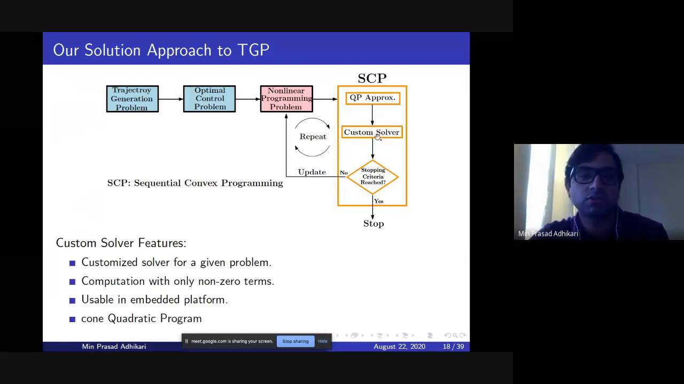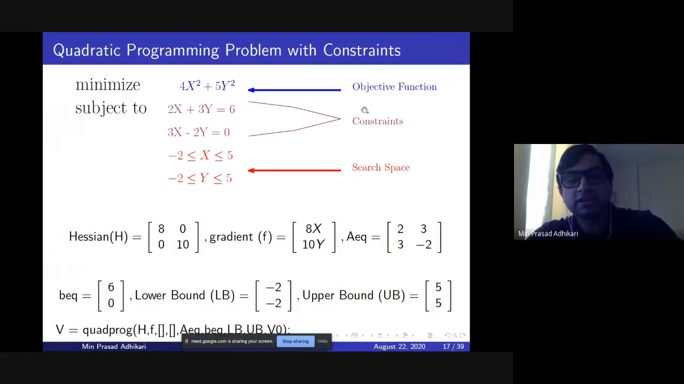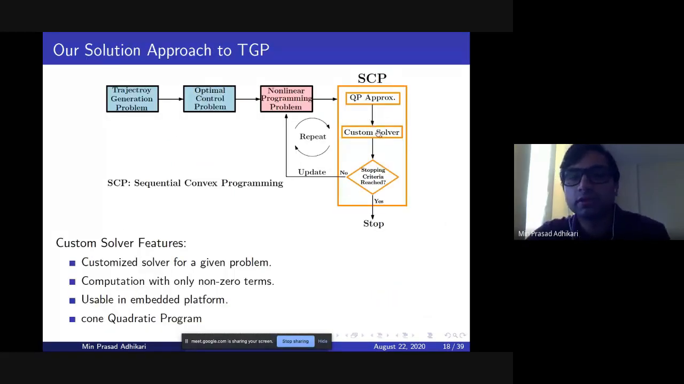custom solver. When I say that, most of us, those of us who are not working on optimization and are not familiar with solvers, may not know what a solver does. What the solver does is basically solve the quadratic programming problem that I showed earlier. The goal of this custom solver was to solve the problem really quickly. And the way